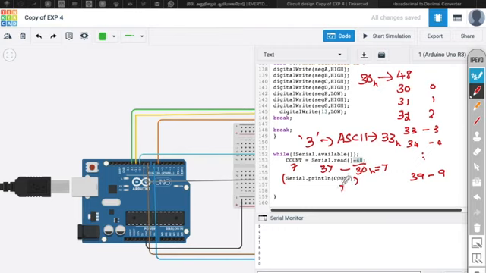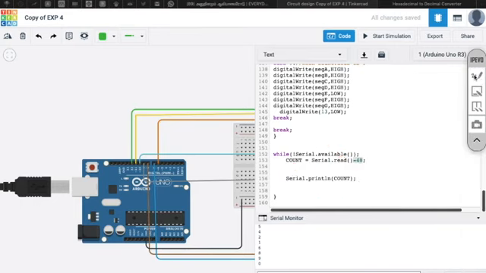So the 7 it will print. Print is transmission of data. Read is for RX, and in the same way print is for transmission. So Arduino will transmit this 7 to the PC, and it will display that number in the terminal of the